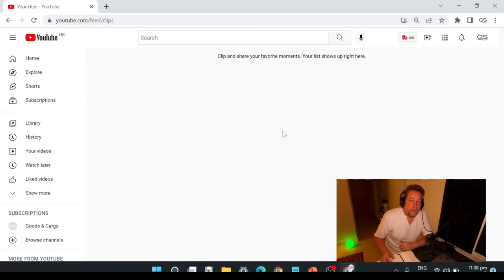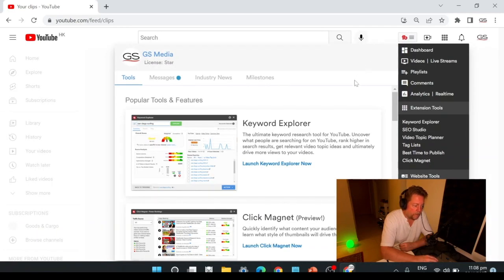Okay, so now we're on my YouTube screen, and we're going to look at how I use my TubeBuddy application. Up here, it's just a little tab that you click. It has to be loaded onto your YouTube channel. I'm not sure if it's a Google extension or how it works. It's been a couple of years since I loaded it, actually. But it's really convenient. You go to your YouTube channel, click on the TubeBuddy, and it opens up like this. And you'll see that it's got lots of different options.